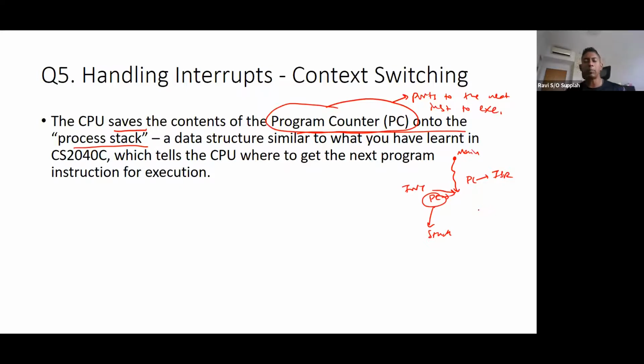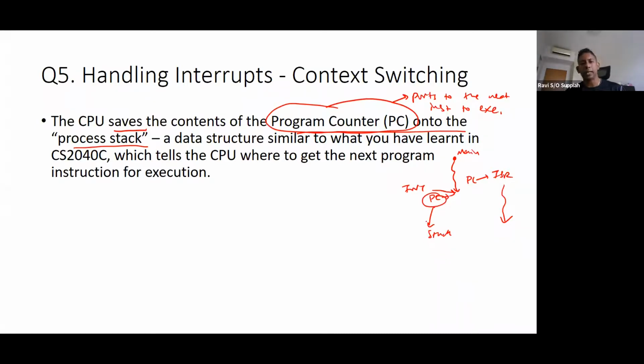The PC is loaded with a new ISR address because it knows that the address is stored inside the vector table. So I save the PC onto the stack, jump to the ISR, and then I can carry on. Of course, when you say save the program counter, you may also save some other aspects of the processing that was going on.